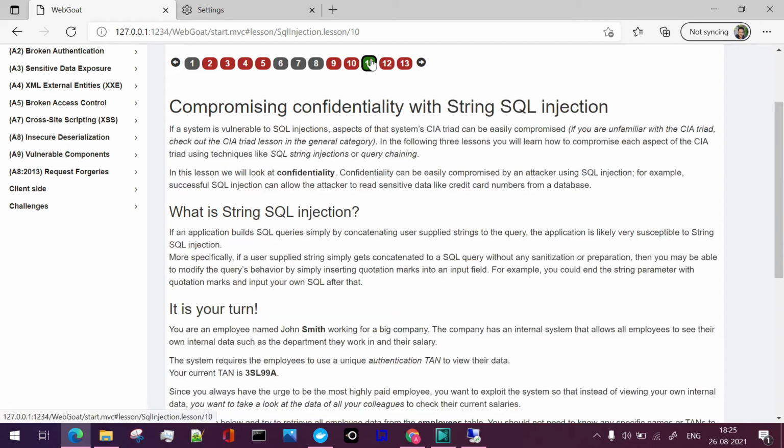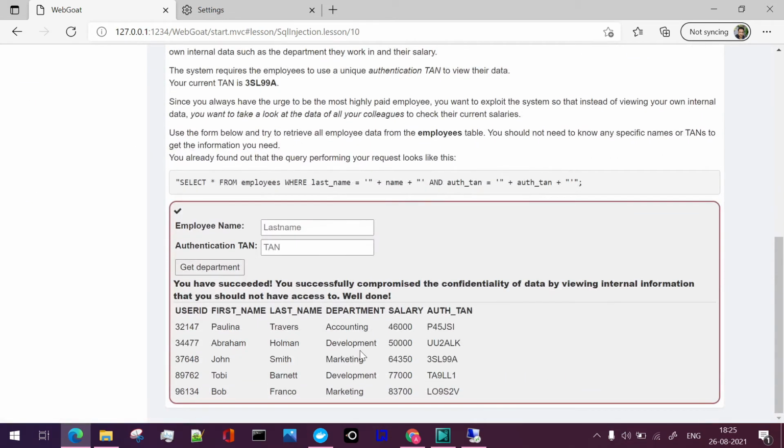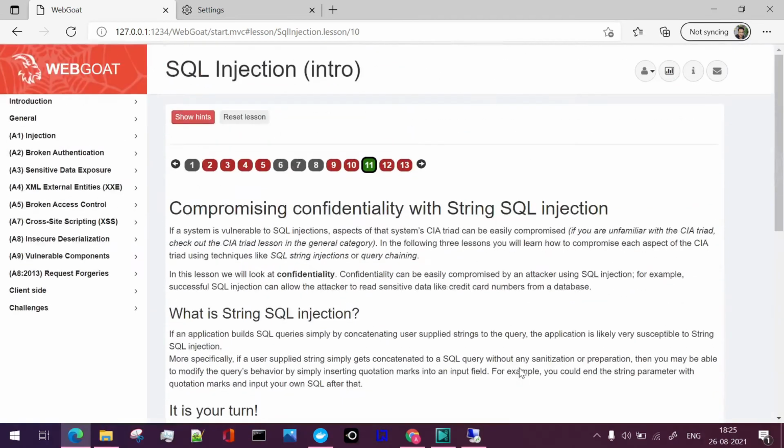If we navigate to the previous section, the salary of John Smith is less than two employees, that is if we compare Toby and Bob. Ultimately the salary should be more than 83,700, so I'll make it 83,701.